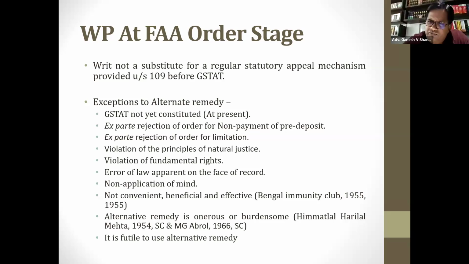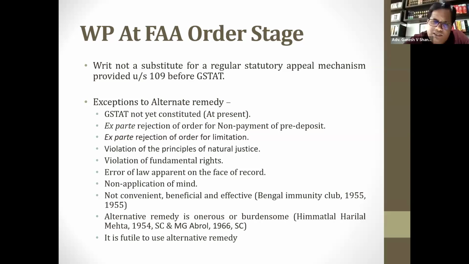What is the date of service, communication, all those questions will come into play. And where you think that you are covered by limitation, but the department thinks you are outside the limitation. That's why appeal 107 APL 1 is dismissed. That also can be a ground. You have to go and agitate before the High Court and inform when I received the order, all those things, with data points and evidences.